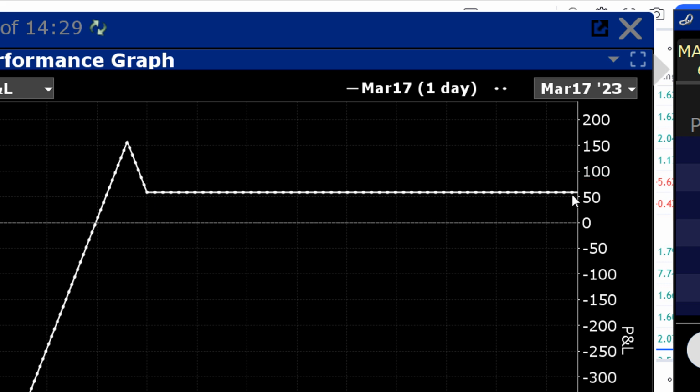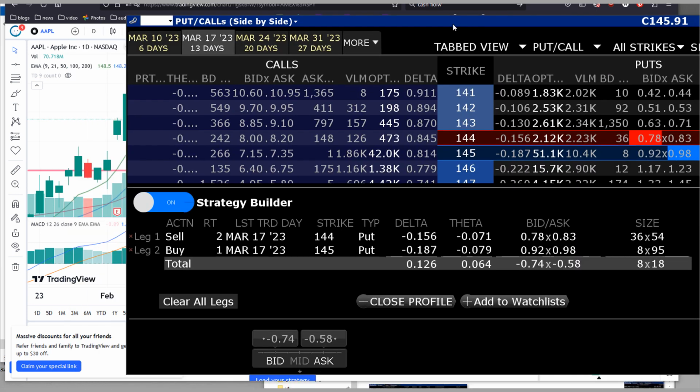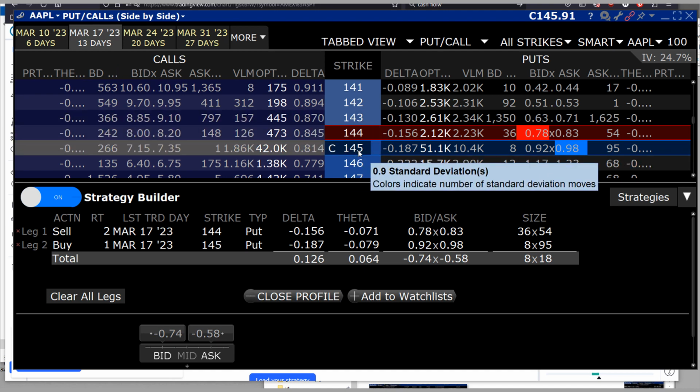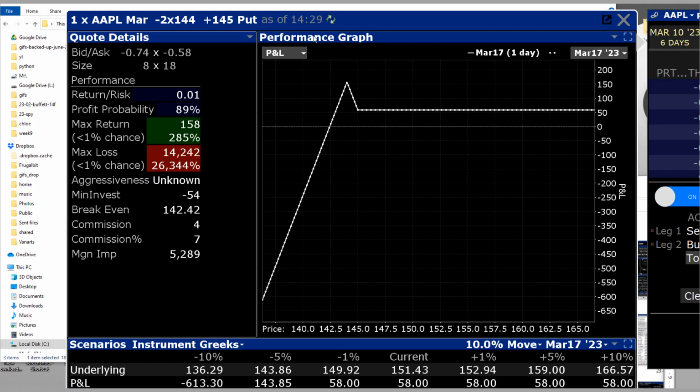Actually, I get to keep the credit no matter what, but if Apple stays above 145, then all I do is keep the credit of $58. And this is why this strategy makes money most of the time, because with the strike price of 145 over here, you can see the delta is only at 18.7, which means more than 4 out of 5 times Apple is expected to expire above 145 because the price today is at 151, which is quite a bit higher. So most likely Apple is going to stay above the 145 mark, and I'll just keep the $58 in